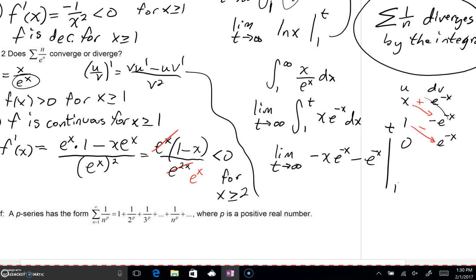And the big question is, can we figure out what's going on here? Well, real fast, we can take the limit as t goes to infinity of negative t. By the way, I'm going to bring this down